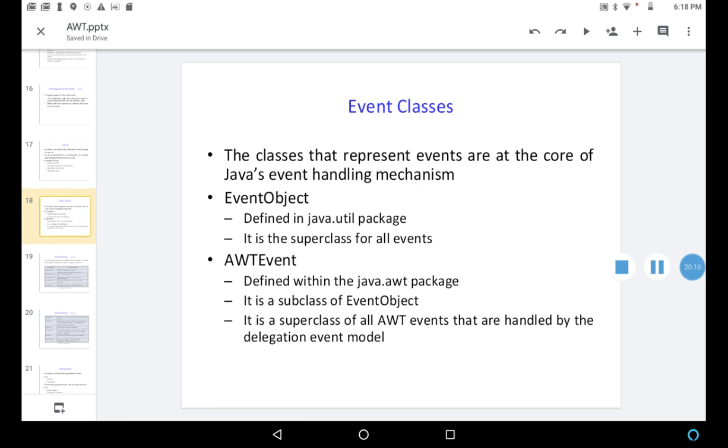It is a superclass for all events. Next is AWTEvent. It is defined within the java.awt package. It is a subclass of EventObject. It is the superclass of all AWT events that are handled by the delegation event model.